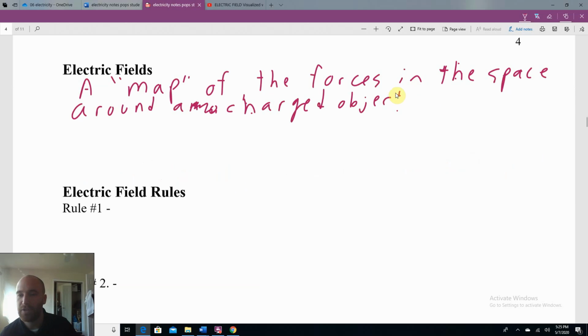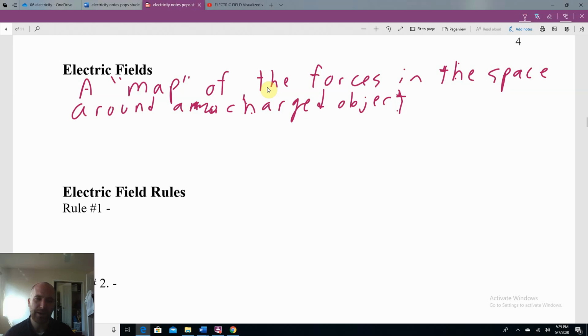So if you have a charged object, it's surrounded by an electric field. A field is something we use in physics for forces that can reach out across space and grab objects. A nice example of something we've already studied that has a field is gravity. We didn't talk too much about gravitational fields, but gravity can reach across space and grab objects. So we can represent that force using something called a field, which is like a drawing in the space around an object, like the space around the Earth, for instance, that shows the direction that the force is